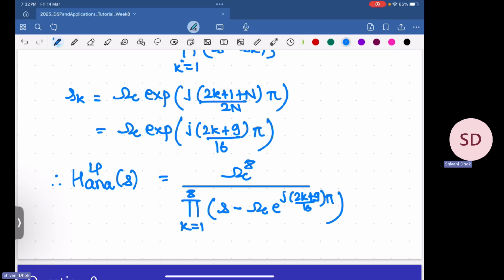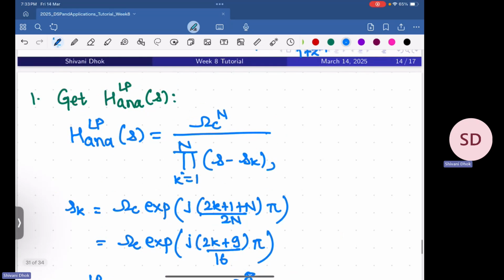Simplifying it involves a lot of calculations. So we can keep it at this point because the order is high. If you have order as 1, 2, 3, then it is very easy to simplify. You can do it manually. But for 8, no. Okay. So now we have this equivalent low pass filter.